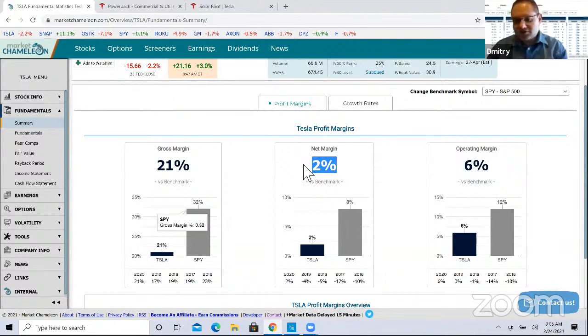Net margins basically here, and we see they were losing money. Now they came into profitability. Now they're eking out 2% net margins. In other words, every dollar that they sell, every car they sell, they receive, whatever, $1. There's 2 cents left over for every dollar they sell to the shareholders, right? That's 2% net margins compared to the S&P